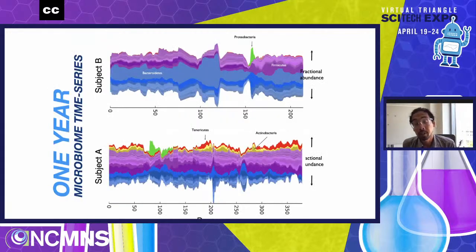And then we were also using the DNA sequencing technology I was telling you about to track the bacteria inside of us. These graphs, the one on top and the one on the bottom, are the two participants in the study. Each of these colored waves is a different bacterial species inside of us, and you can see that these waves undulate over time. Sometimes they go through interesting points where they really narrow.